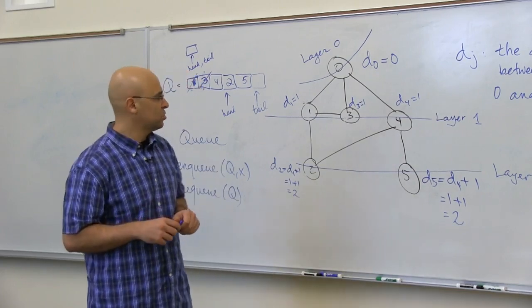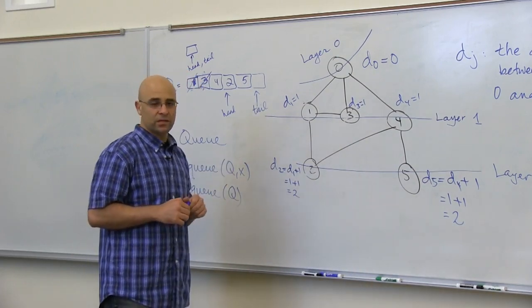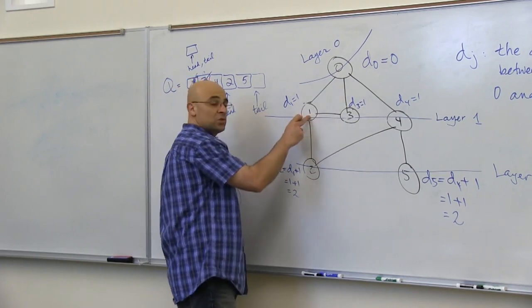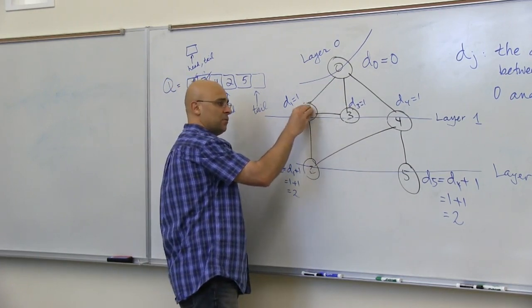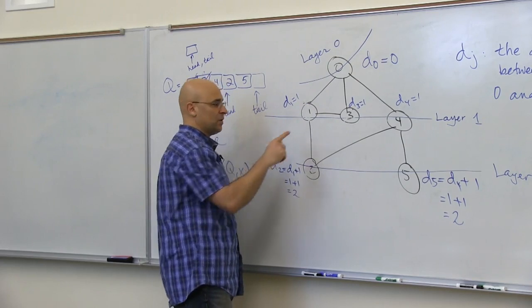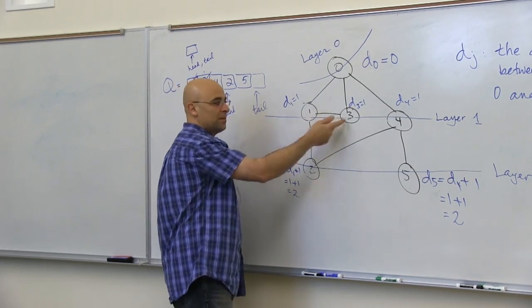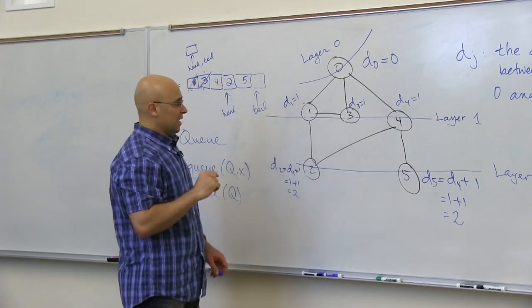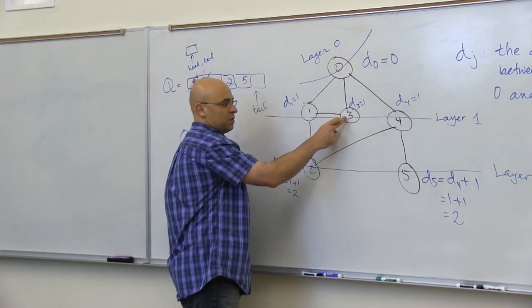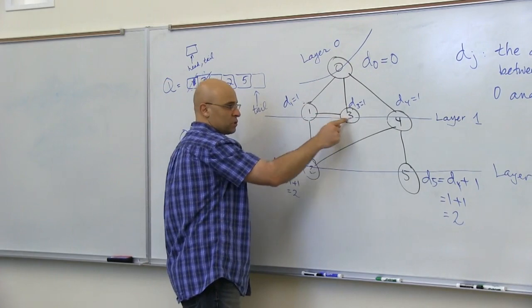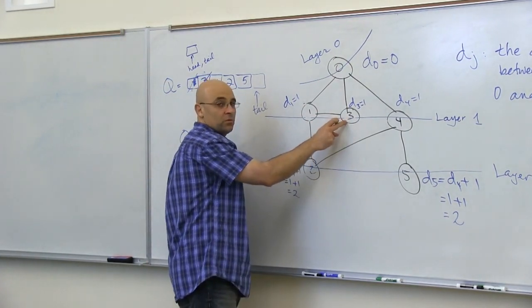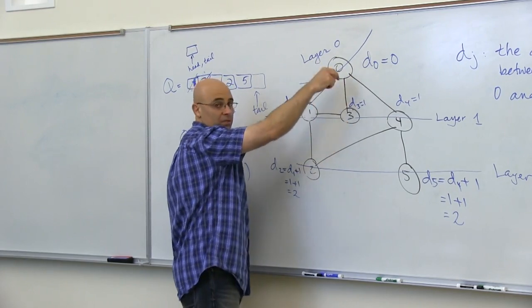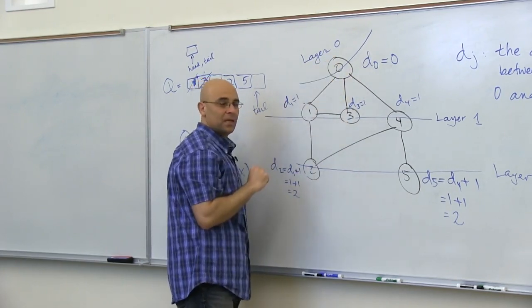The first of which has actually already occurred here: when I computed the distance to node 1, d1 equals 1, and then next I look at all the neighbors of 1. Suppose now I'm looking at this neighbor 3. If I say the distance to 3 is the distance from 0 to 1 plus 1, I'm going to get a distance of 2. However, we have already visited node 3 through a much shorter path of distance 1. So it is very